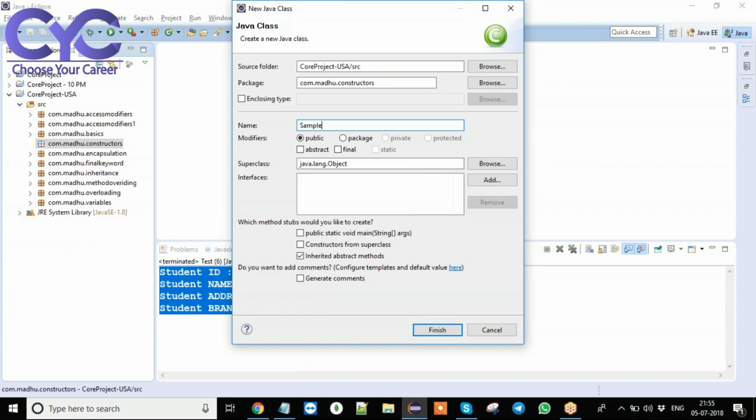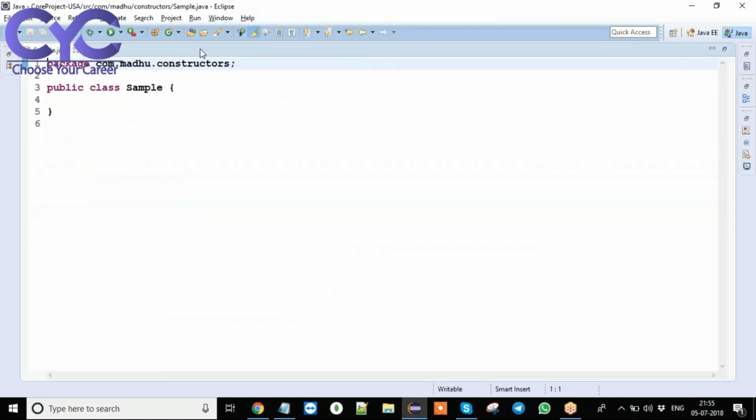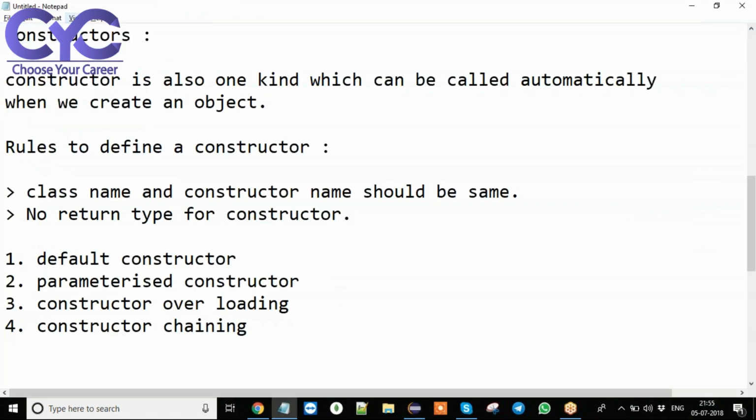Now observe carefully here. I have created a class. Now here I want to create one constructor. What is the constructor? The definition: constructor is also one kind of method which can be called automatically when we create an object.